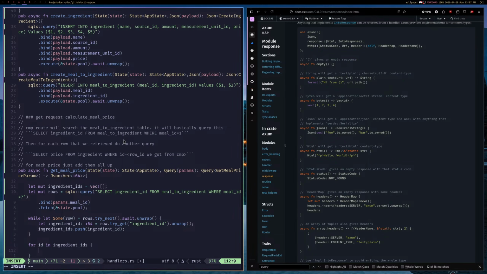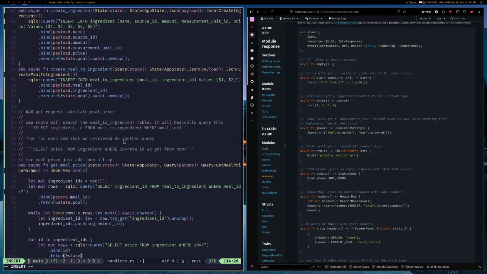So we'll do let my rows equal sqlx query, and then select price from ingredient where ID is equal to question mark, and then dot bind. We're gonna bind ID dot fetch at state dot pool,